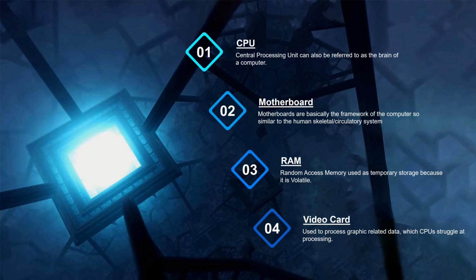First off, we're going to talk about the CPU, or as many of you may already know, the central processing unit. It can also be referred to as the brain of the computer. For some of you who don't know what a CPU is, that's an easy way of understanding what it is. After that, we'll be talking about motherboards, and motherboards are basically the framework of a computer. They're kind of similar to a human skeleton or circuitry system, as every single component is connected to the